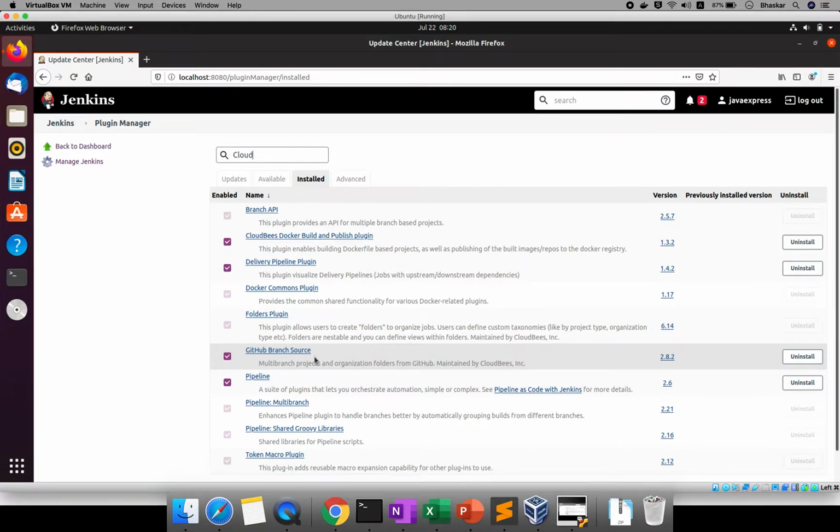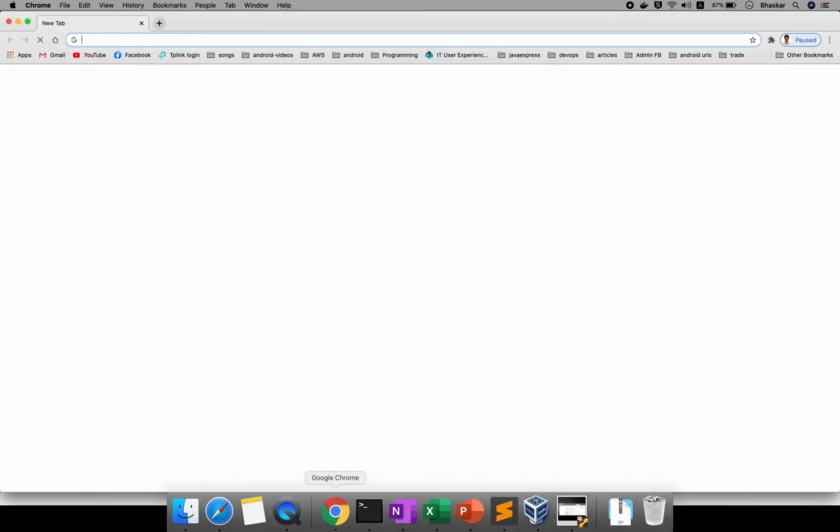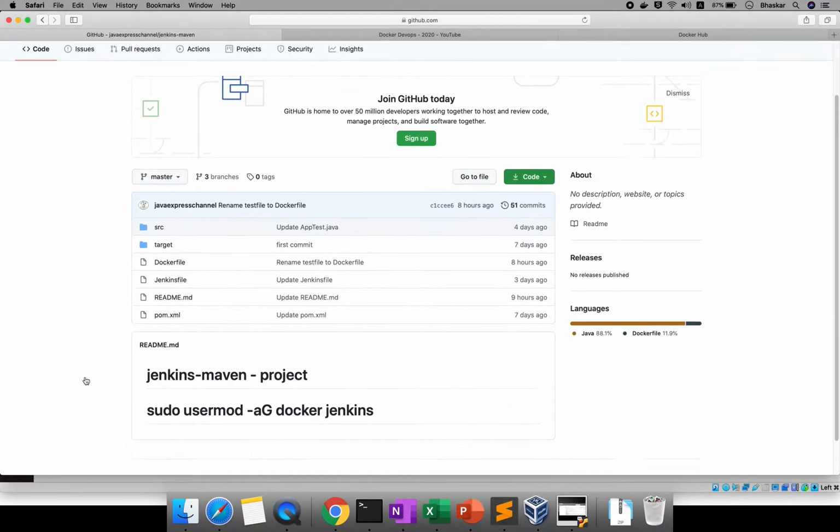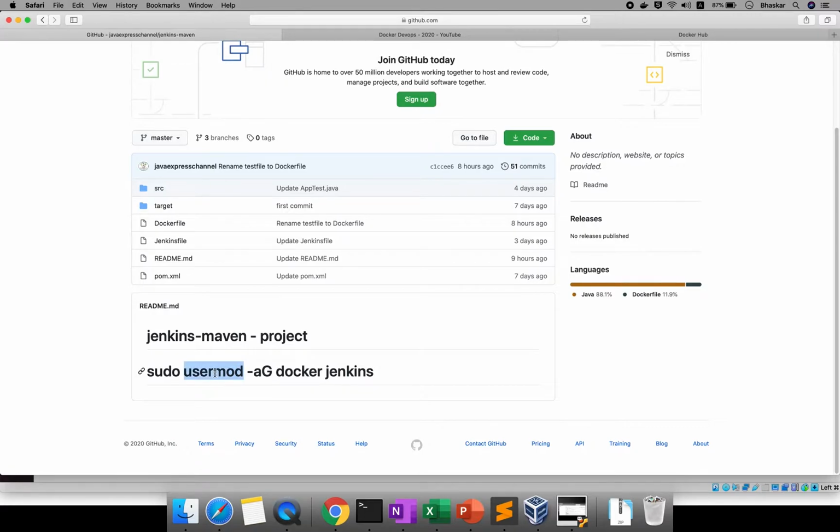Once this step is completed, you need to execute one command. You need to provide a permission, Docker group permission for the Jenkins user. I will show you the command. If you go to the GitHub repository, there is a command, usermod -aG docker jenkins. If your username is different, change this username. Definitely you should execute it. Without executing this command, your Docker commands won't execute in your Jenkins build. Maybe you can try without executing; if it works, good, if not, then you can try this one.